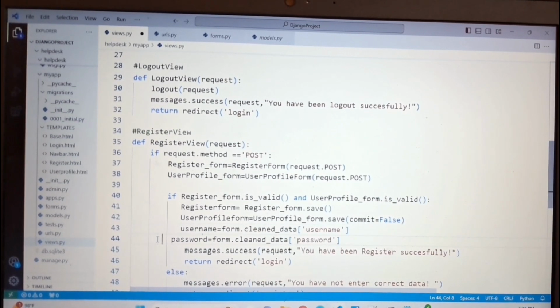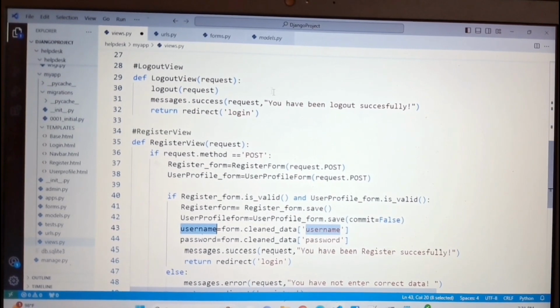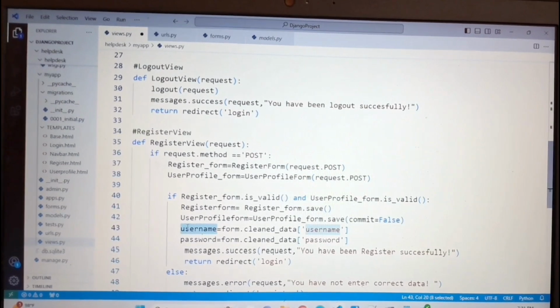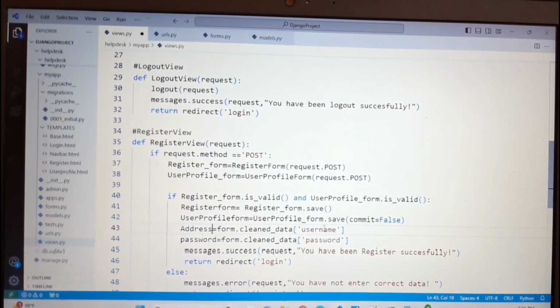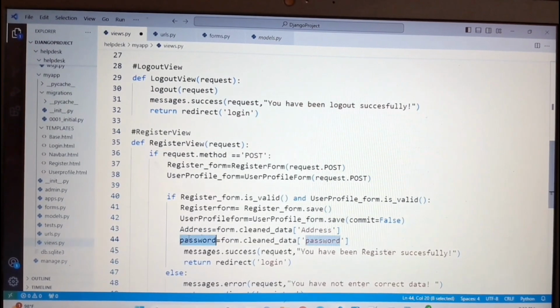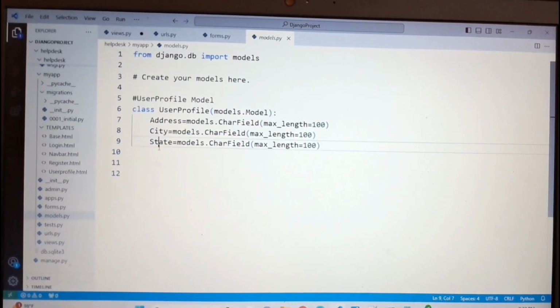And in place of username, what are the fields we have? So if you come here, we have address, simply copy this one and paste here, then here also, then come here, then city, come and paste here, then here also, then state, copy this one, come here, and